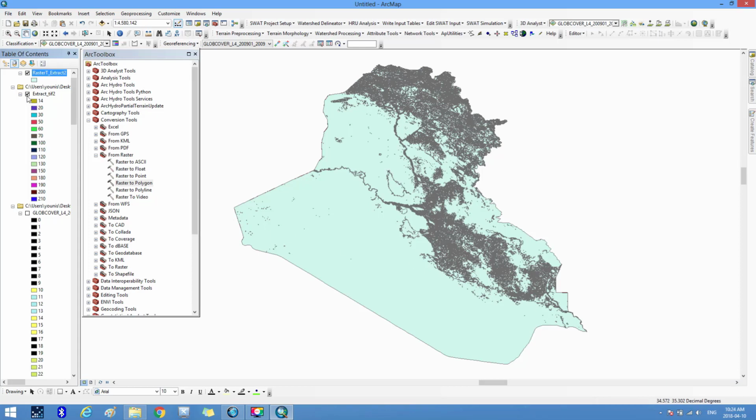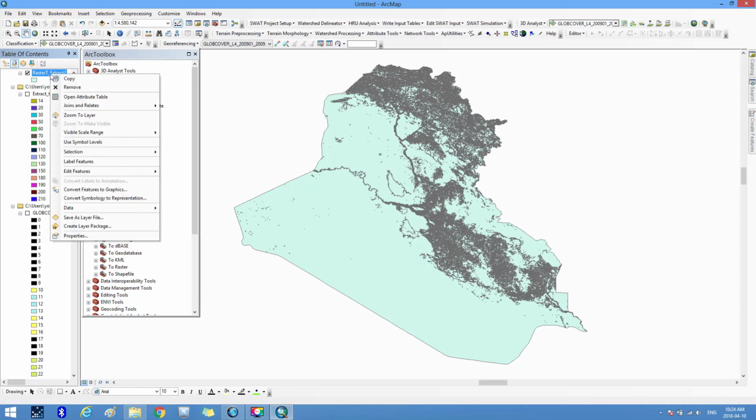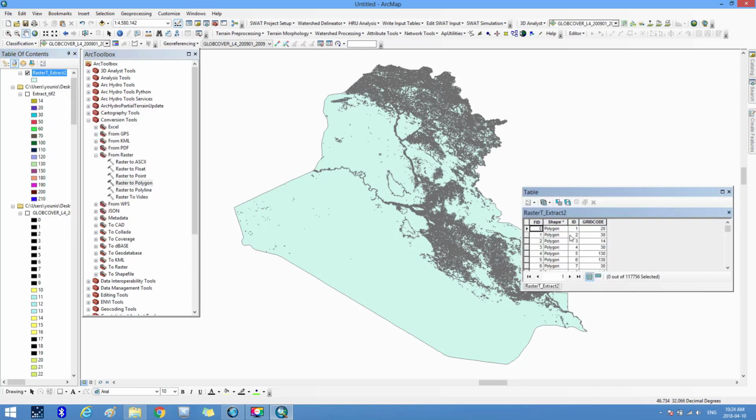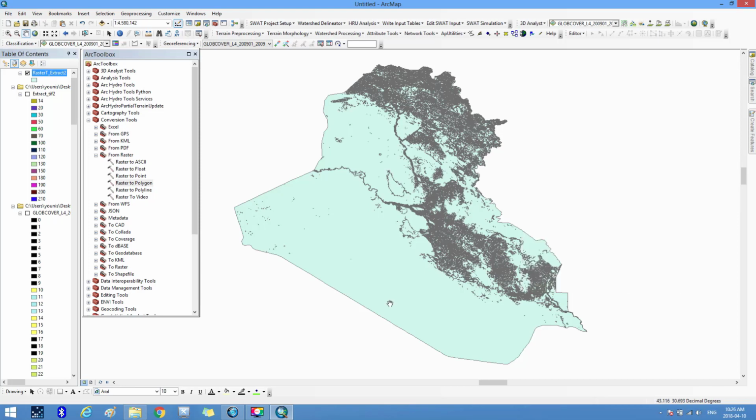Now we go to the table of contents and right click on the polygon layer for the land cover and choose Open Attribute Table. So we find here the table, and in the table the grid code field, which is the land use number for Iraq. As we see here, this shapefile is for land use with the decimal degree system, and we can convert it into the geodetic system with UTM coordinates